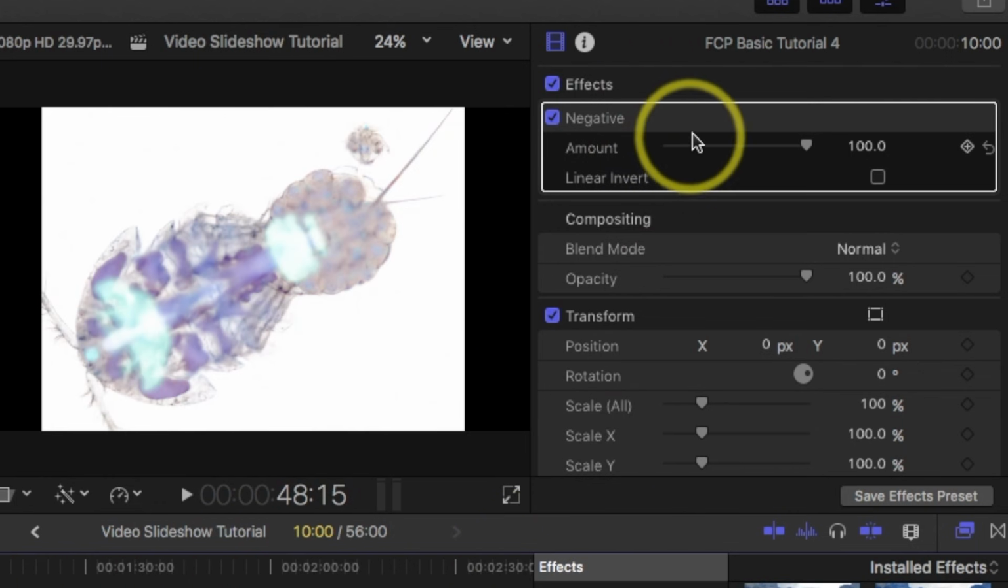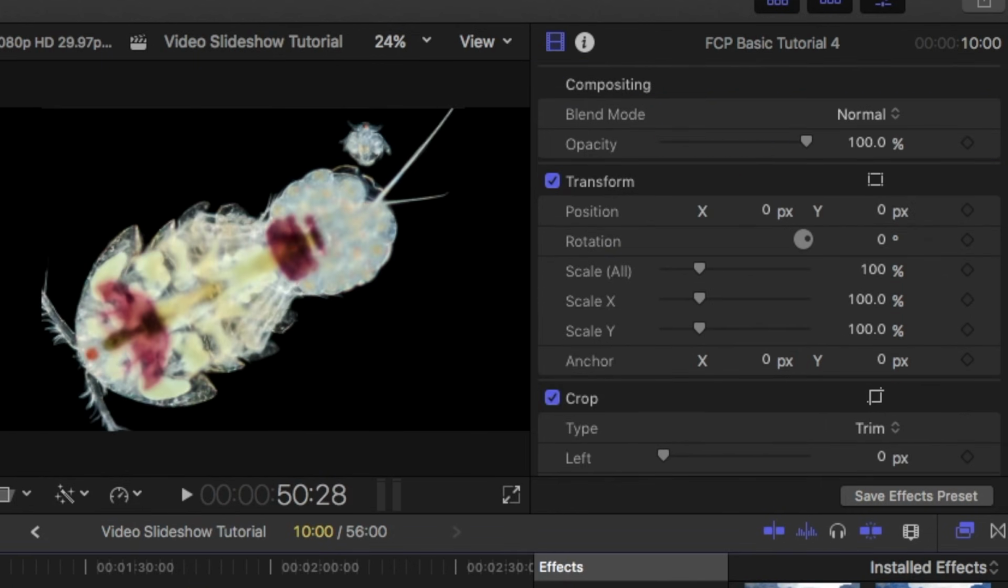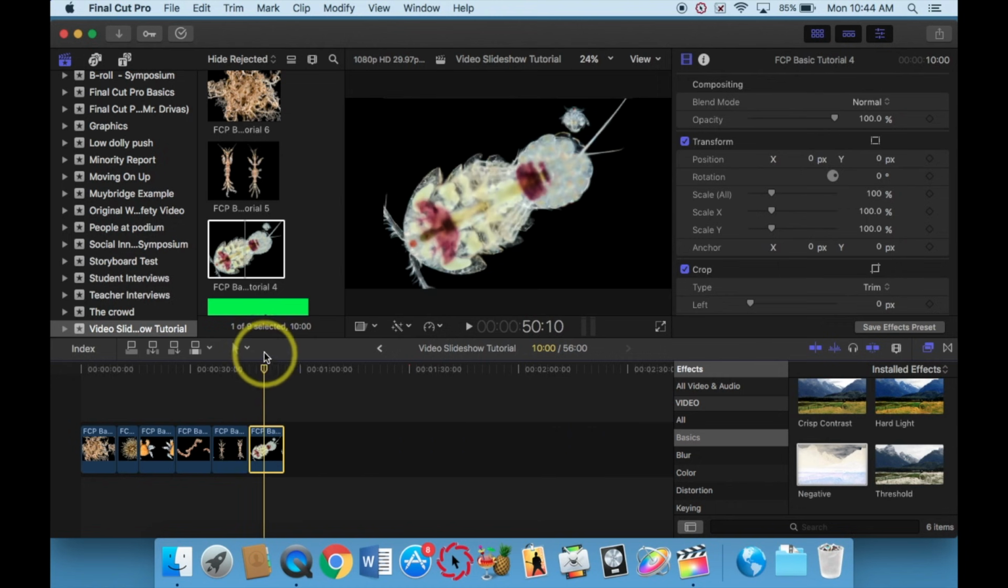Now let's say I put it on, but I didn't like it. I want to get rid of it. You select it here in your inspector and just press delete. And then your effect has been deleted. Okay,